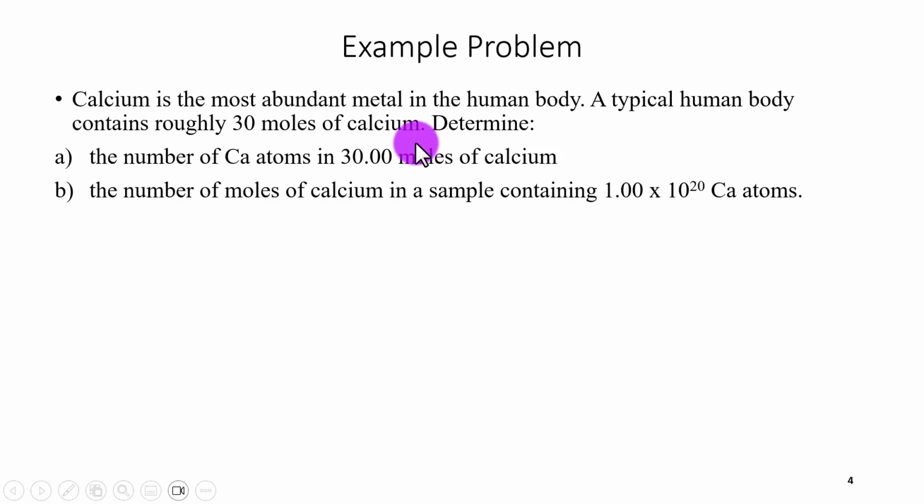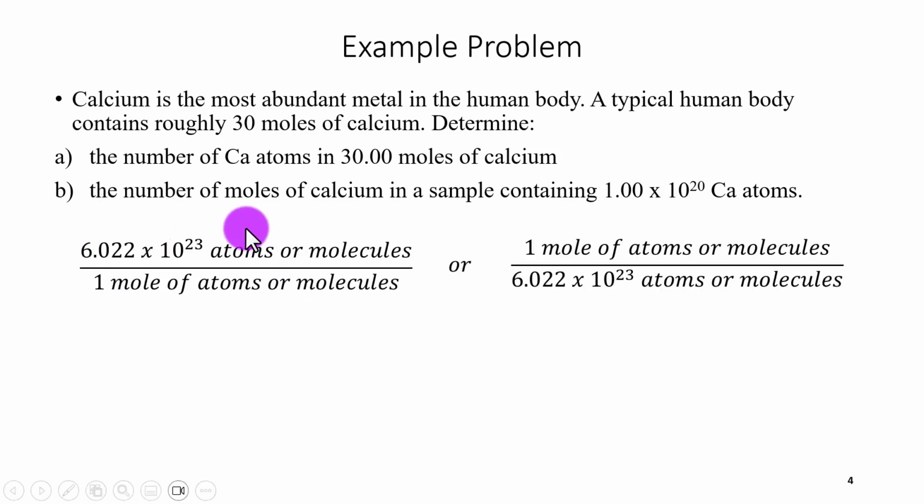Similar to the previous videos, we always start with the amount that we are given in the problem, so 30 moles of calcium. Now we have two different conversion factor forms, so we have either this one or this one. The important part is to determine what am I starting with and what am I asked. I am starting with moles and I'm asked to figure out calcium atoms. So I want moles to cancel because I'm starting with moles and I want to end up with atoms. So I pick out of these two the one that will have moles at the bottom and atoms at the top, which is this,